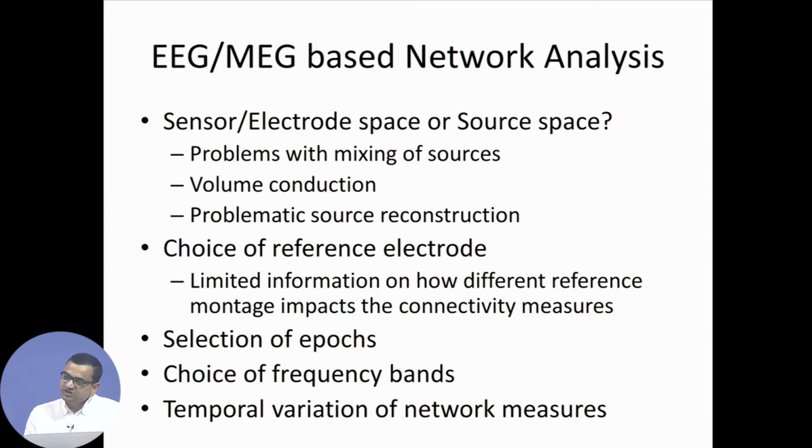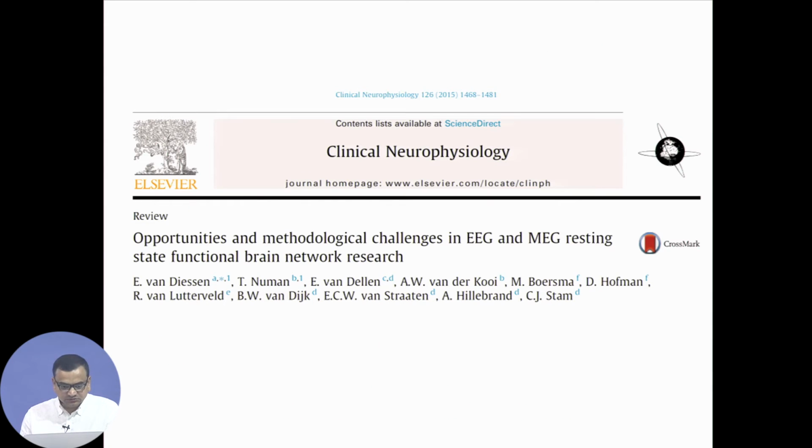And the last one, which is less studied: so far I talked about the network as static. On the other hand, I said at the beginning that functional networks are transient, they change their characteristics with time. So it would be quite important, interesting and crucial to characterize the temporal variations of the network. So far the majority of the research literature primarily treats the network as static over a period of time. Only recently are there some studies which started looking at the temporal variation of the network. This is an interesting paper published last year, which talks about these different practical aspects if you are interested in studying